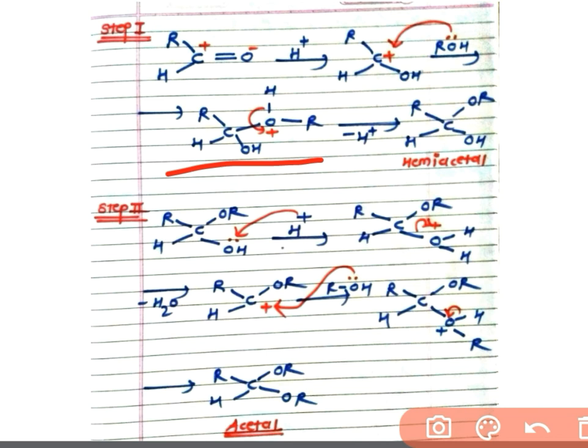structure. Okay, so here oxygen becomes trivalent and therefore it bears a positive charge. To remove this positive charge from the oxygen, this hydrogen donates its bond electron towards the oxygen and itself gets removed in the form of a proton and forms this product, which we can call hemiacetal.